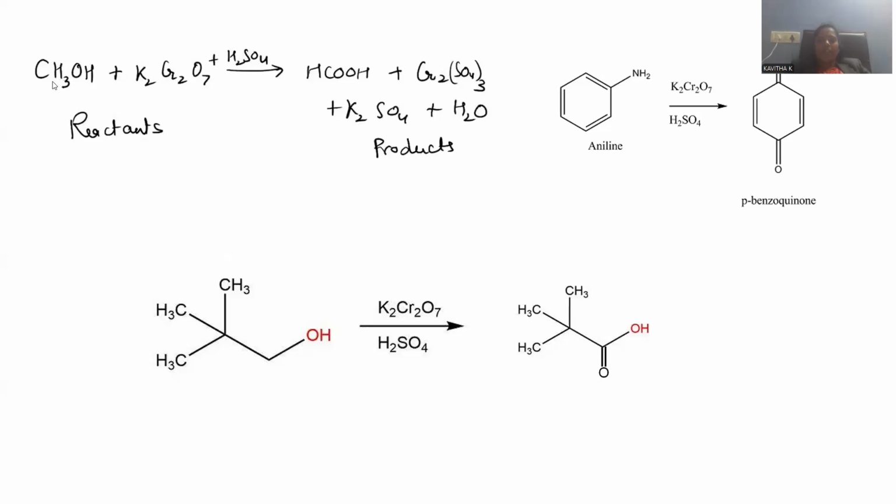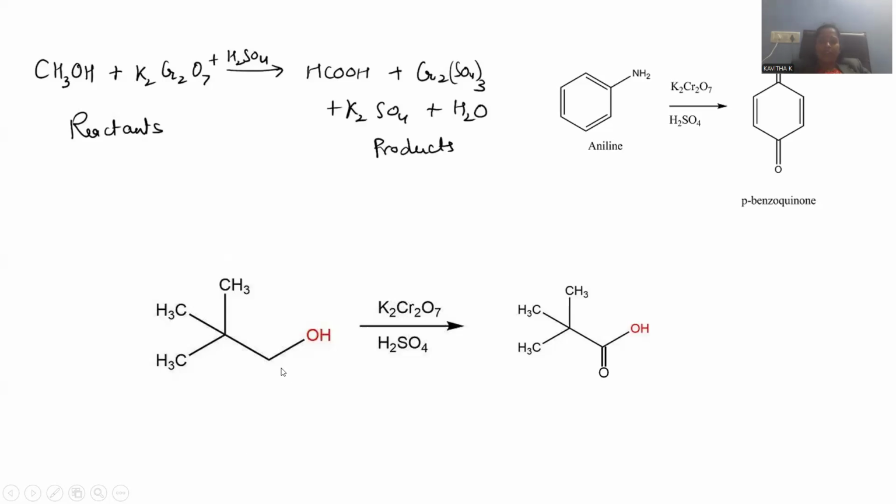So this is the way methanol will be converted into formic acid by oxidation with potassium dichromate under acidified conditions. Not only alcohols, but also amines. Amines are also treated with K2Cr2O7 under acidified conditions. We are taking aniline as a starting material, but the expected product is not the oxidized form of NH2; rather it will be a quinonoid form. This is called benzoquinone. Aniline will be converted into benzoquinone upon dichromate addition.